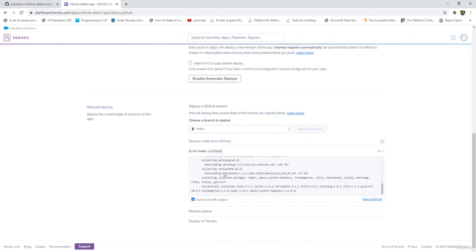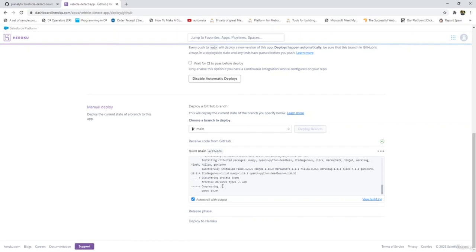All the libraries will be installed. After installing all these, you see Procfile declares type web, so it will know that this is a web application. After this, it will compress our project, and here you can see that our project is compressed to 84.9 MB, and it launches our project.